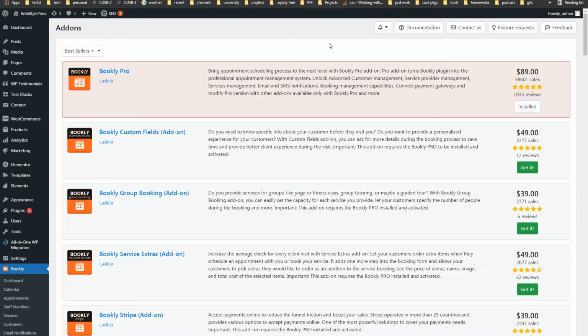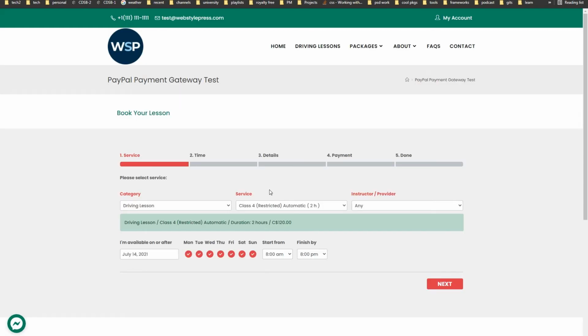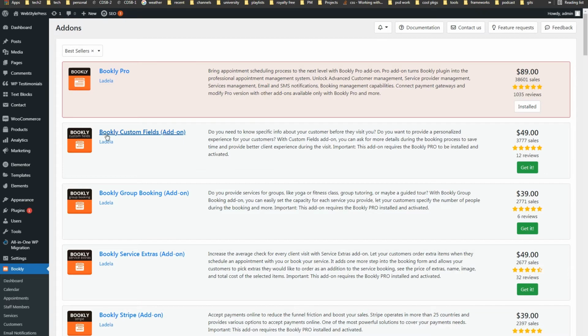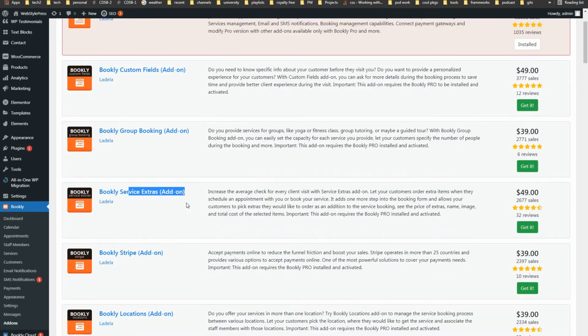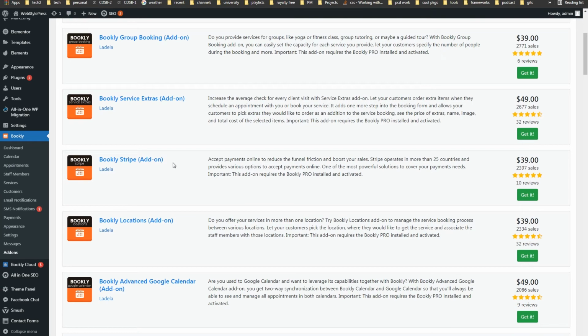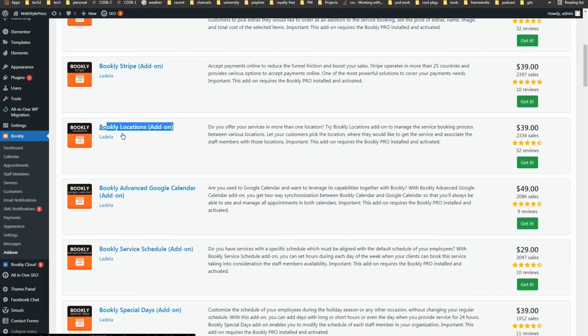And we've got this add-ons area under the Bookly menu. It shows that I have purchased the Bookly Pro plugin. You can have extra add-ons with Bookly Pro. For example, if you want to add custom fields to this form, you will need the Bookly custom fields add-on, Bookly group booking add-on, Bookly service extras, there is an add-on for that. And if you want to use Stripe, there's an add-on for that. That is separate. Bookly locations add-on, advanced Google Calendar add-on,